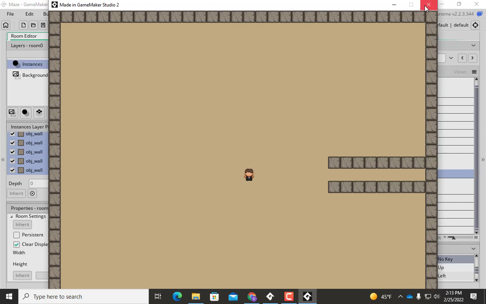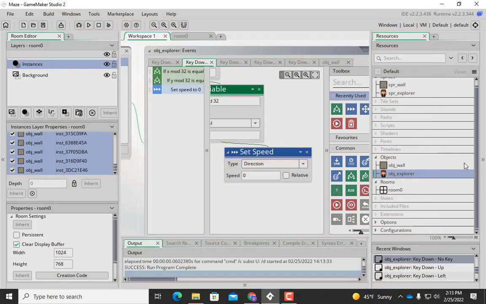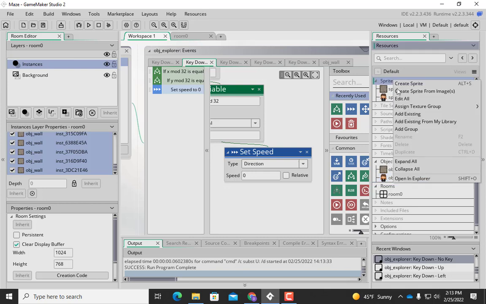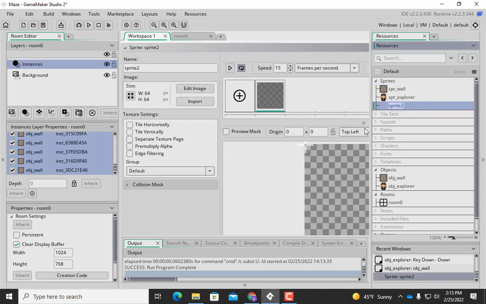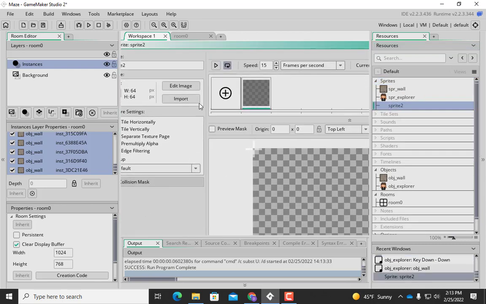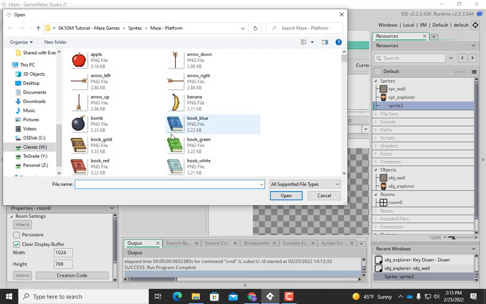All right, next is diamonds and doors. Anytime we add a new thing to our game, a new object, we typically have to make some sprites for it. So we right-click on sprites and say create sprite. Or if you're in a newer version of GameMaker, it's create and then choose sprite from the list. Make sure you're in the sprite folder, however. We create the sprite, and we're going to import the one we need